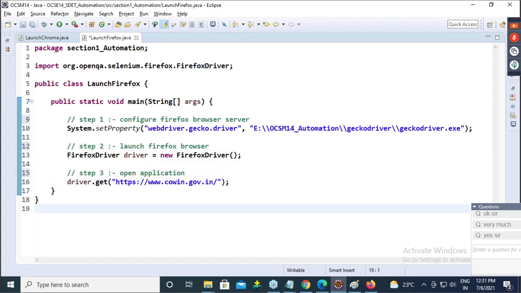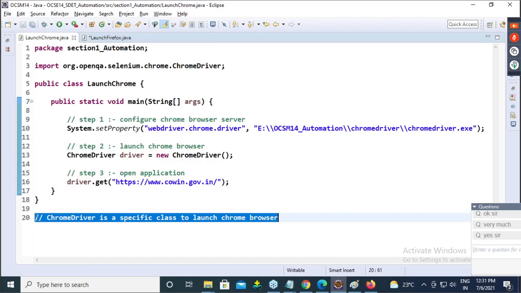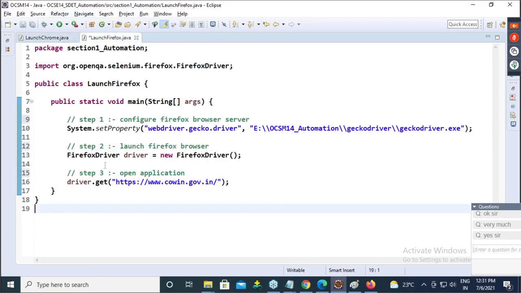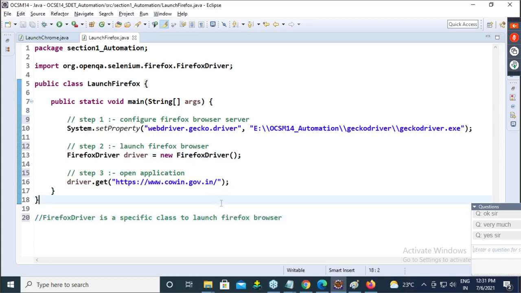And here, just like ChromeDriver is a specific class to launch the Chrome browser, similarly, guys, FirefoxDriver is to launch the Firefox browser. Guys, note this down quickly.